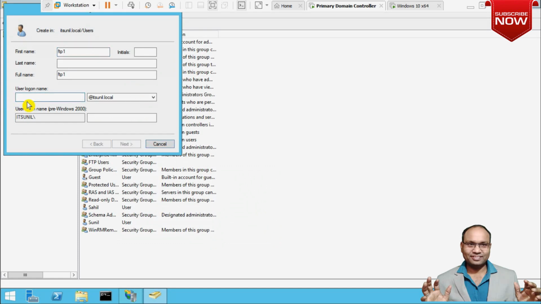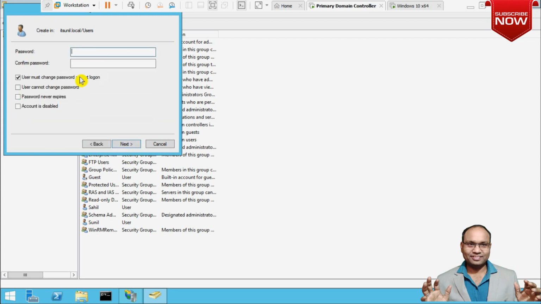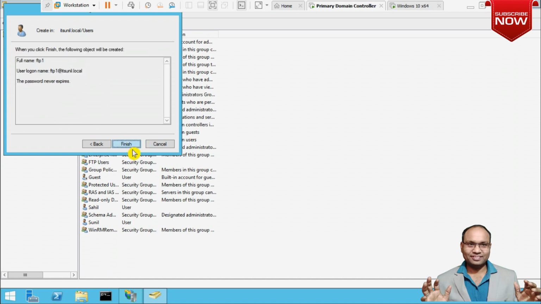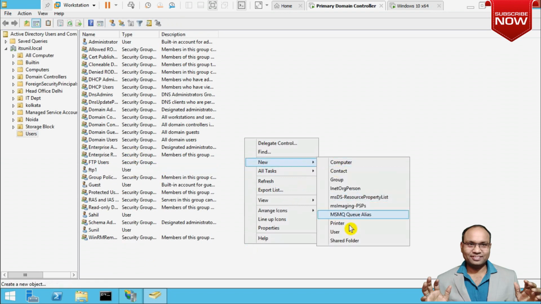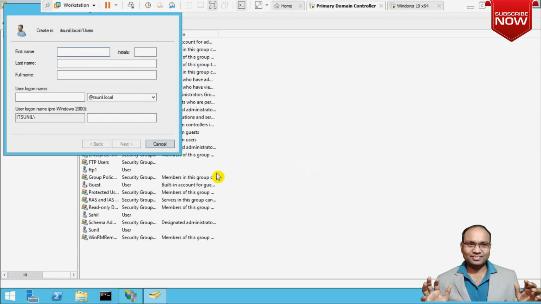Okay, must set a password here. Okay, going to new and create a new user, FTP2.